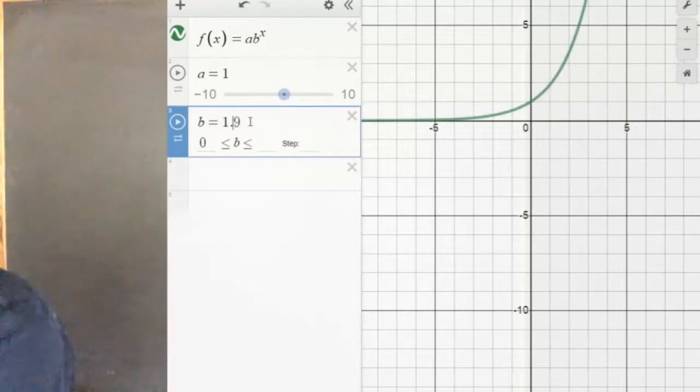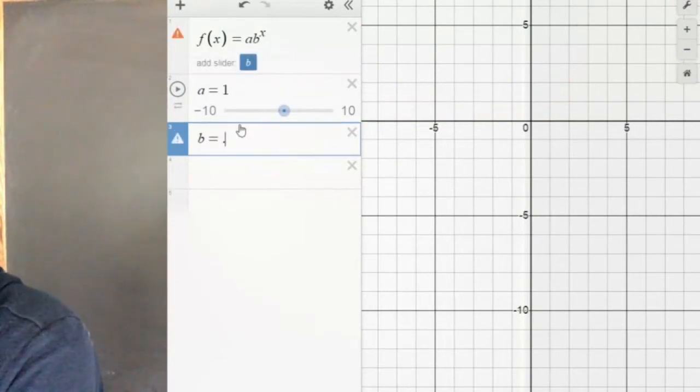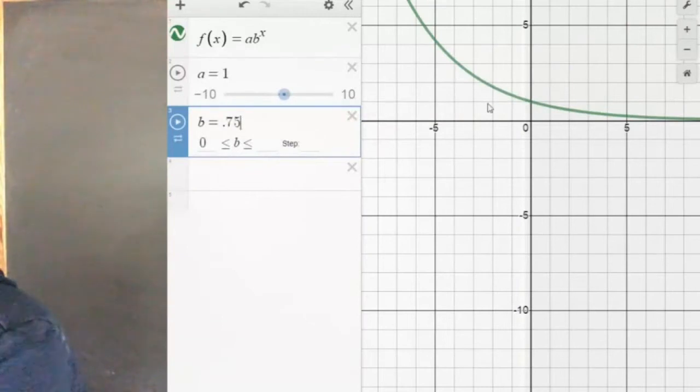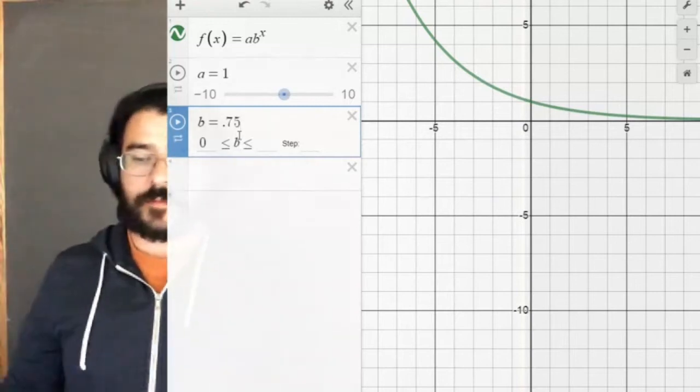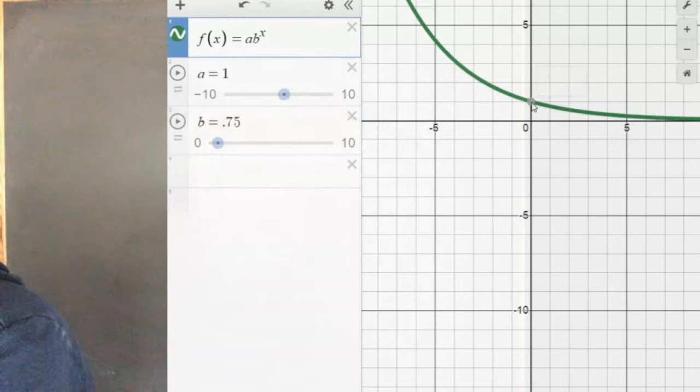And then on the other end, when you're at a number that is in between 0 and 1, let's say like 0.75, then you're going to be decreasing as you go to the right. And that's because every time you multiply by 0.75, all you're doing is you're keeping 75% of the value that you already have, right? So right here, if I start out at 0, 1, and I multiply that y value by 0.75, I keep 75% of that, and I get to